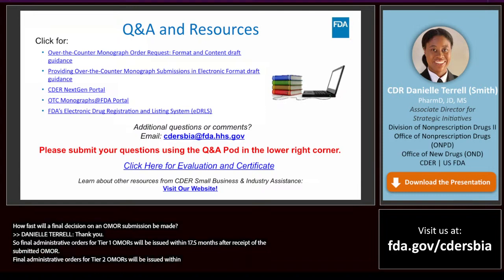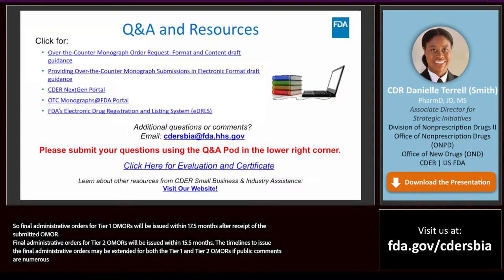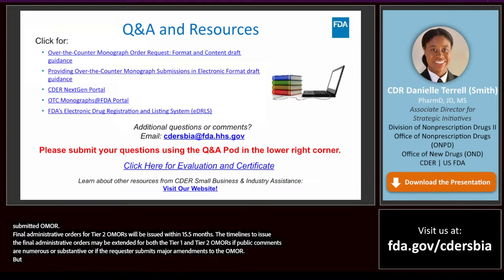The timelines to issue the final administrative orders may be extended for both the Tier 1 and Tier 2 OMORs if public comments are numerous or substantive, or if the requester submits major amendments to the OMOR. But please remember that the timelines and the performance goals for OMOR review do not begin until 2024.